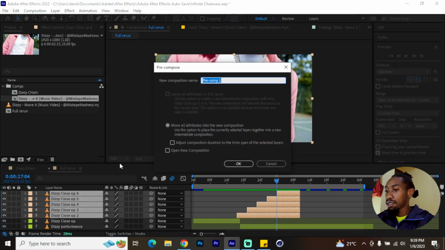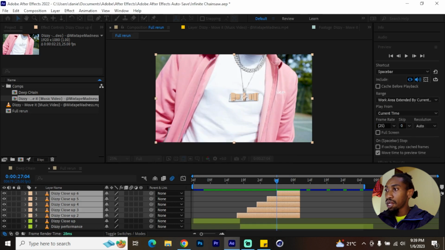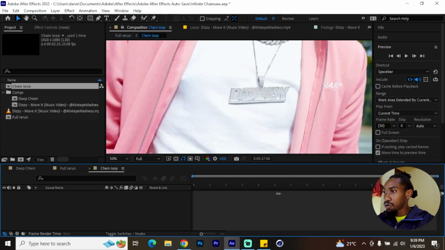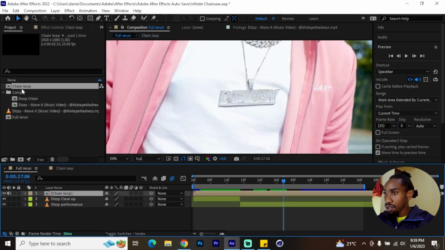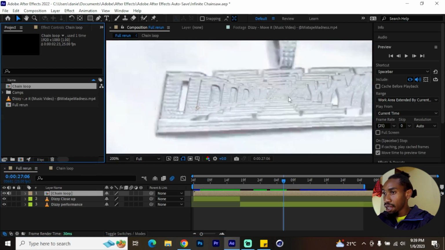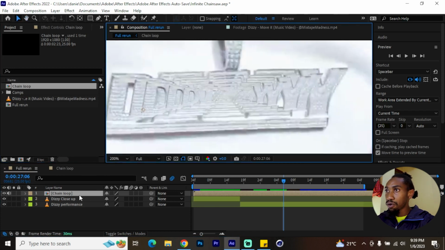Let's name this chain loop. You can move all the attributes to the new layer. Once you're right here where the last chain appears in the frame, so if I click right here, it takes me to this right here. So if I go back, I'll zoom in slightly, and then right within this pre-comp,